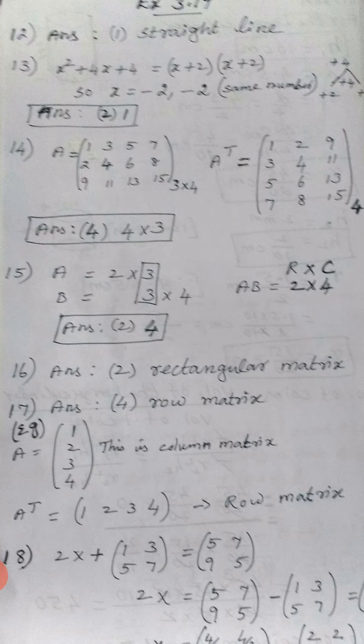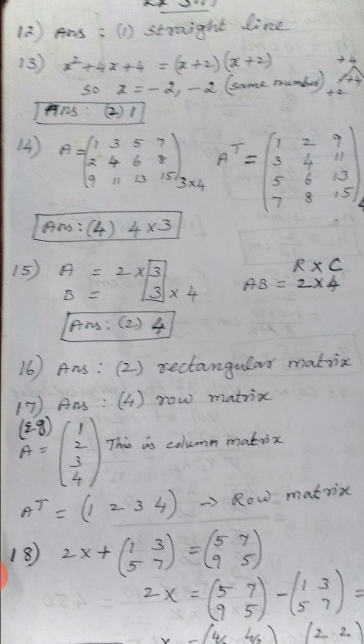Next, 16th question. If the number of columns and rows are not equal in a matrix, then it is said to be. See, the number of rows and columns are not equal, that is, different. Different means rectangular, so rectangular matrix. If the number of rows and columns are equal, for example 2 by 2, 3 by 3, that means square. Not equal means 3 by 2, 4 by 3, 2 by 3, so the row and column are different numbers. It's different, so it's in the form of a rectangle. So the answer is rectangular matrix, second one.